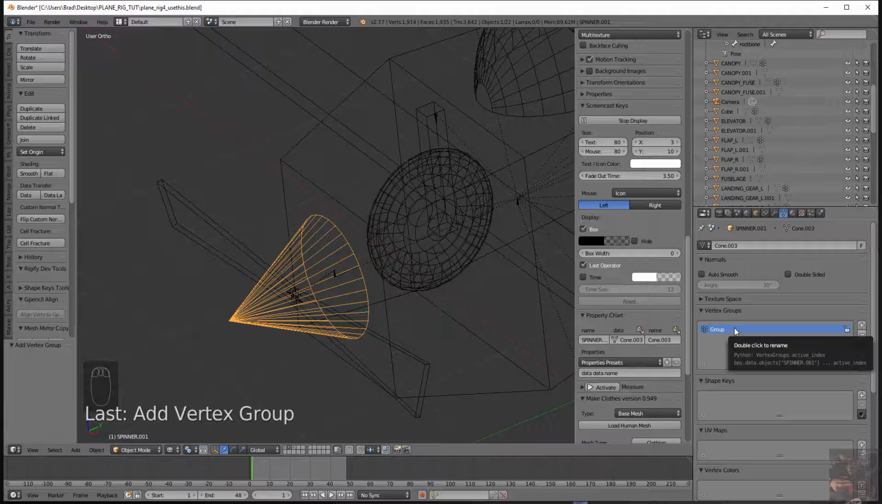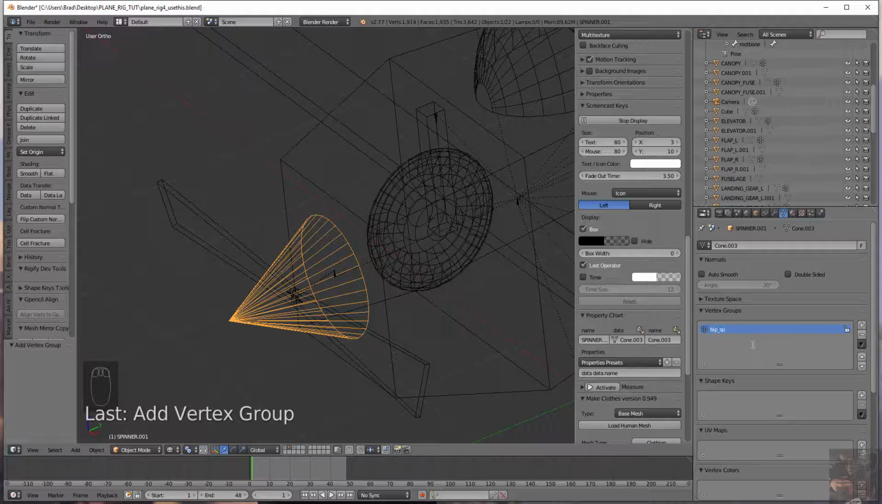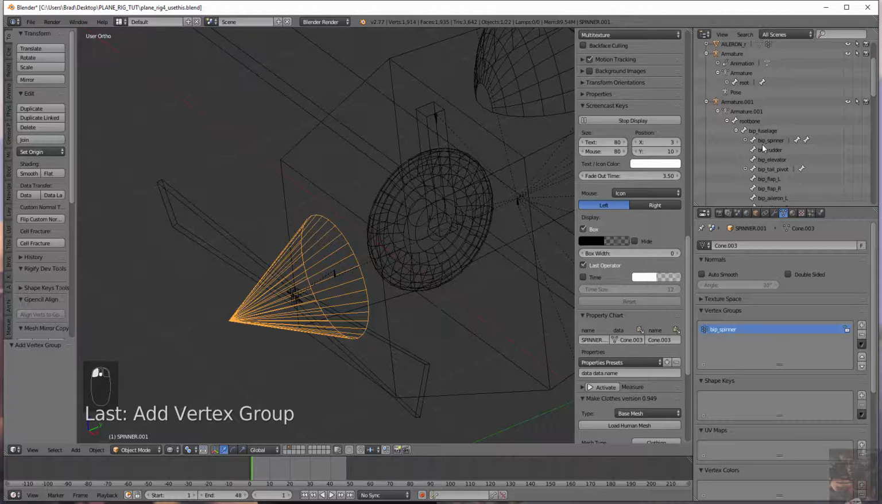So here I'm going to hold down the control key, right click on the group name, and type in BIP spinner. It's important that the actual case of the spelling of the vertex group is exactly the same as the bone itself. So BIP spinner is all lowercase, and BIP spinner here is going to be all lowercase for the